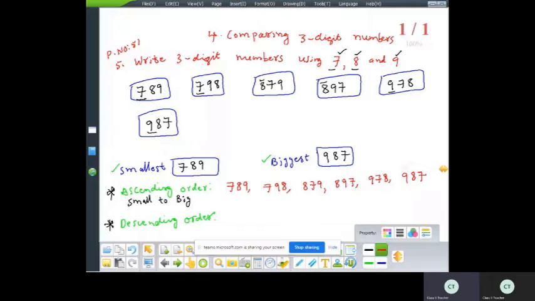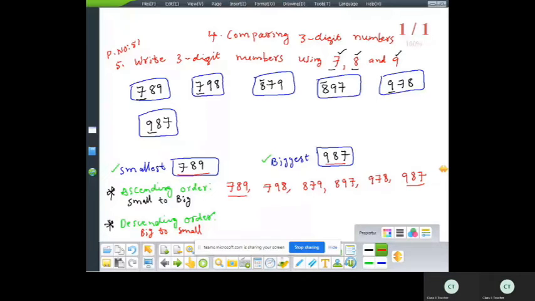The smallest number is 787. To big, biggest number 987. Next, descending order. Descending order means big to small, or reverse process of ascending order. From the ascending order, we add the number from back to front. Backward to front. That is the last number